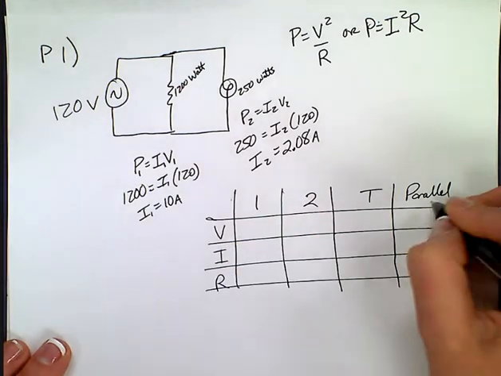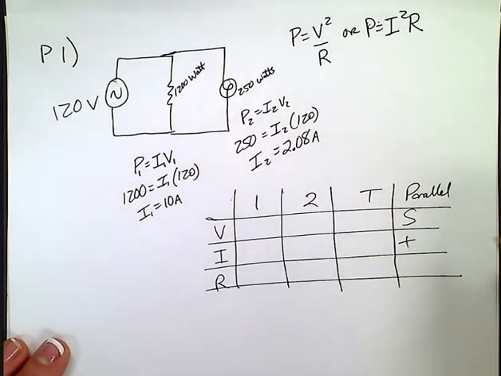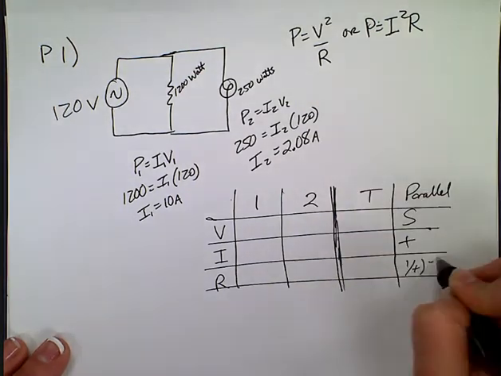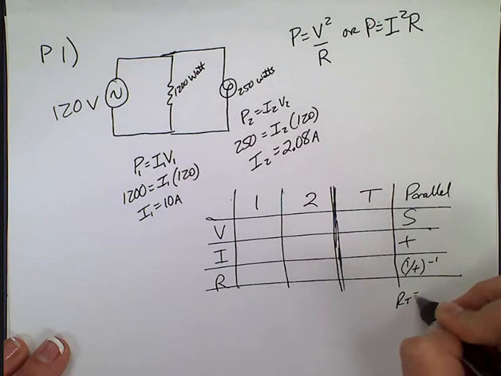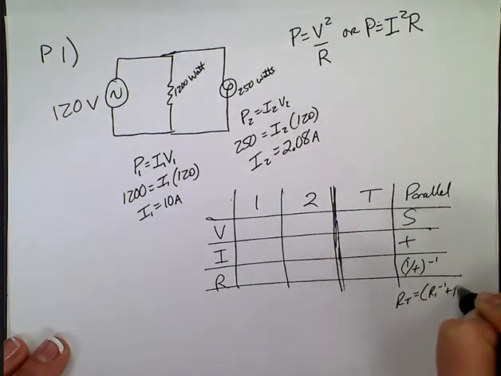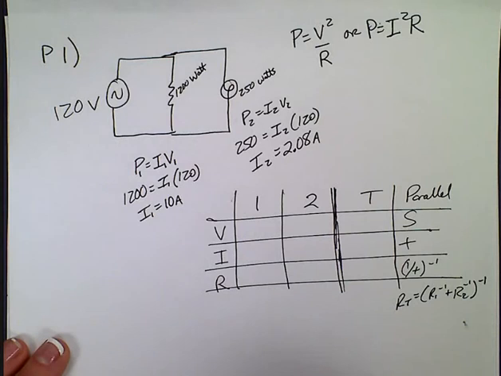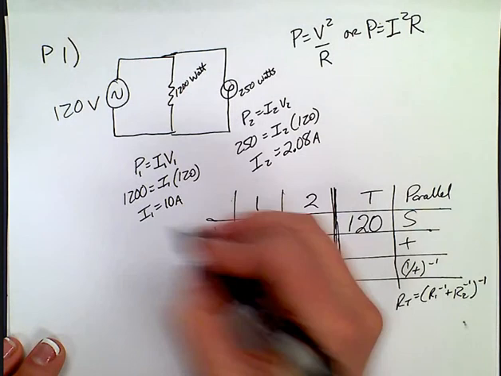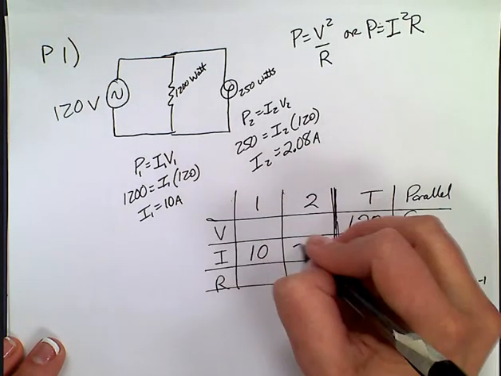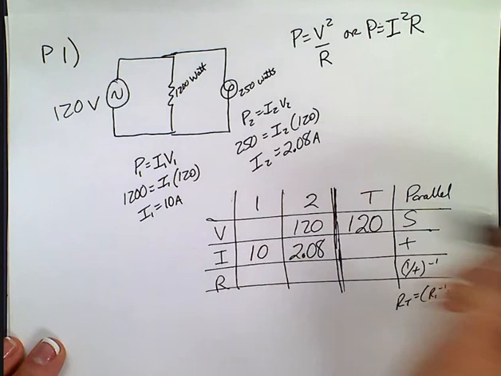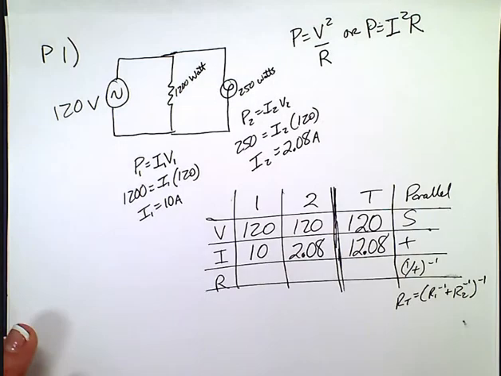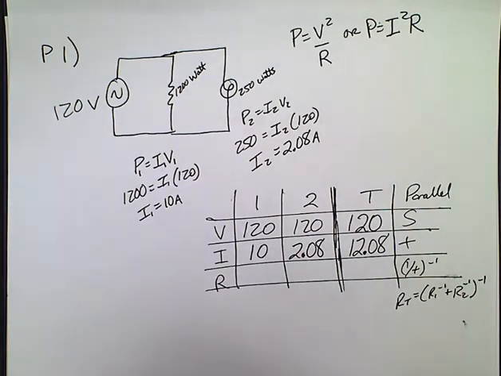BIR, parallel starts us off with PSST, where S means the same and plus means add up to the total. Down here, whatever symbol you want to remind you that this is not regular adding, this is using that inverse equation. Alright, so I've got 120 and I just found 10 amps through this one, 2.08 amps through that one. If this adds up to 12.08 amps, I can solve all of it, and I get